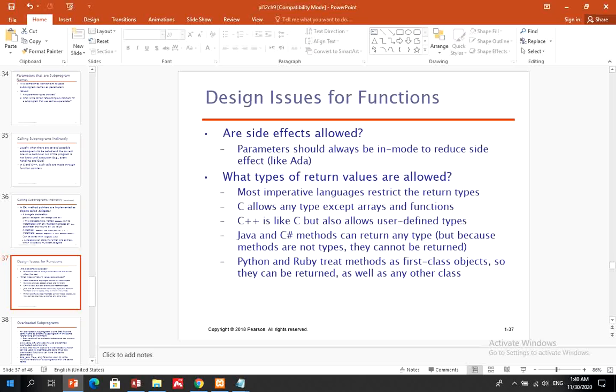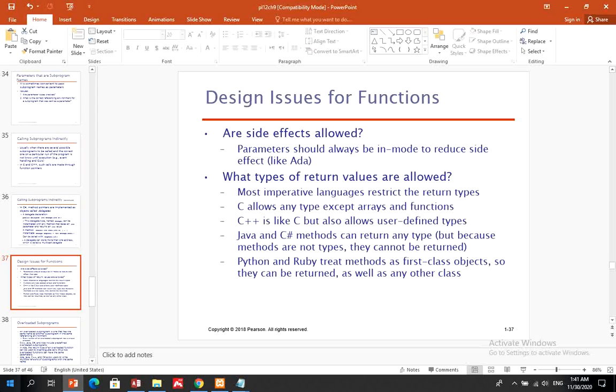Python and Ruby treat methods as first-class objects, so they can be returned as well as other classes. So these design issues are part of the design issues for functions in some programming languages,